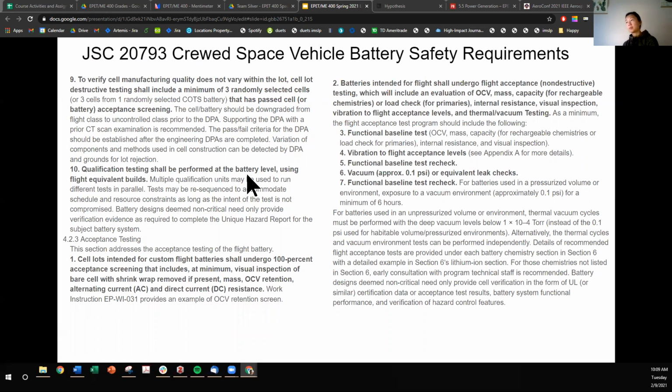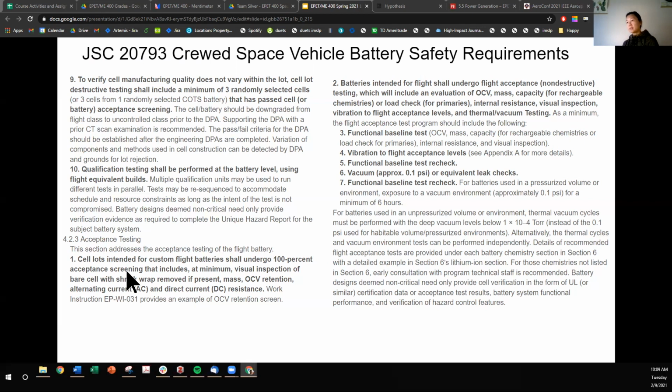Qualification testing shall be performed at the battery level using flight equivalent builds. For acceptance testing, so this is after you do qualification testing for functionality. These are for the real deal, what you're going to install on the spacecraft. You have to do